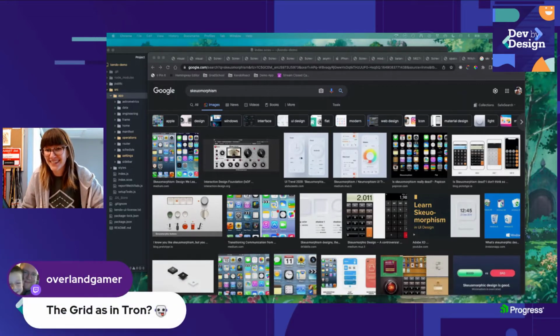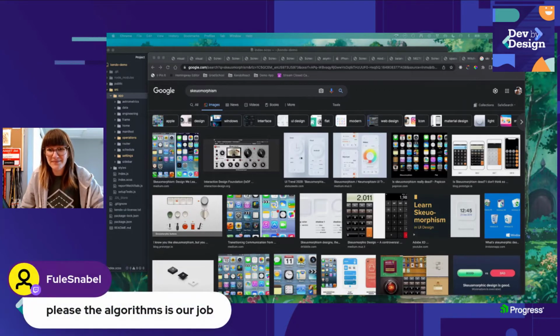Yeah. The grid is in Tron. Yeah, right. That would be fun. Pleasing the algorithms is our job. Depends on your job. But yeah, I do think that's probably